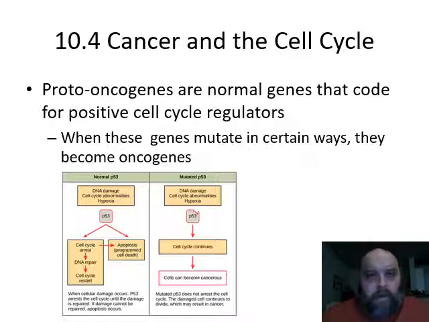What are referred to as proto-oncogenes are normal genes that call for positive cell cycle regulators. These are the things that will sit there and say, yes, go through. Yes, we need this to happen. They are under strict control. As you look at the figure to the left there,